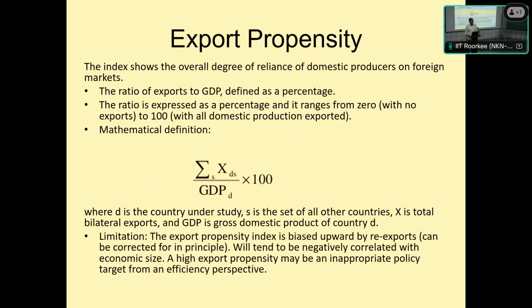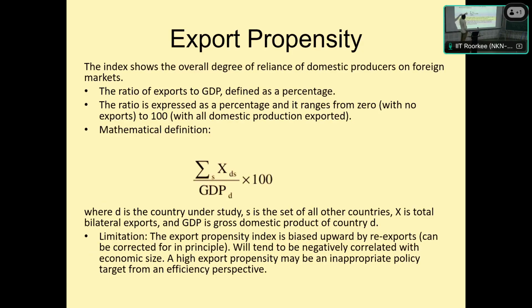Starting with export propensity, I'm keeping it brief given the time. I didn't get the animated one or the figures of other countries, how they are comparable. I could have done that, but I'm not getting sufficient time for this. But in my understanding, this is very basic. So can it be clarified? Okay, so coming to this,